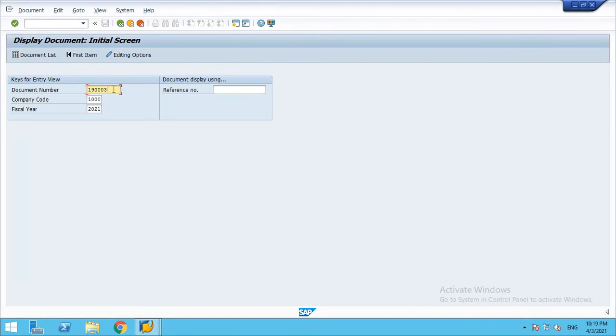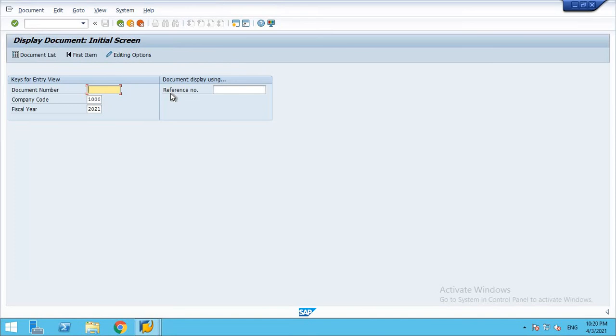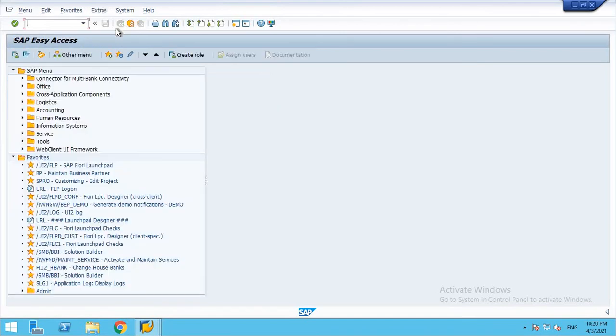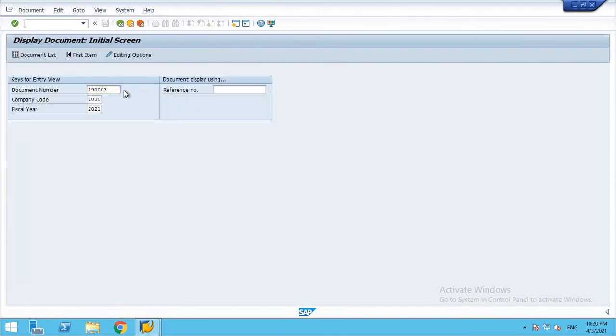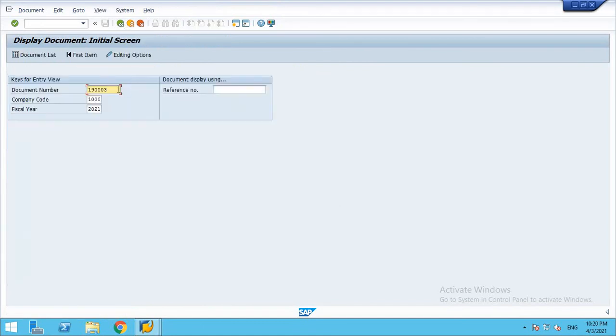That means we can select with the document number or with the vendor invoice reference number. Let me remove the document number and update the reference, for example 1011.